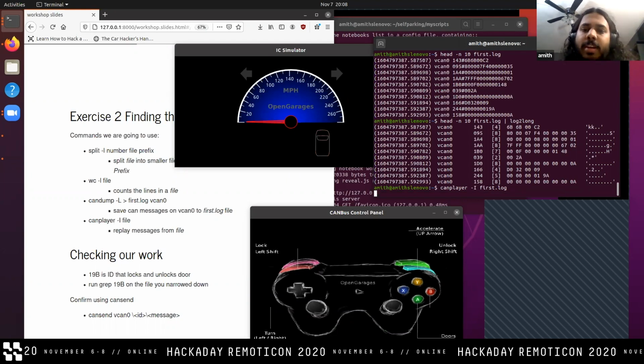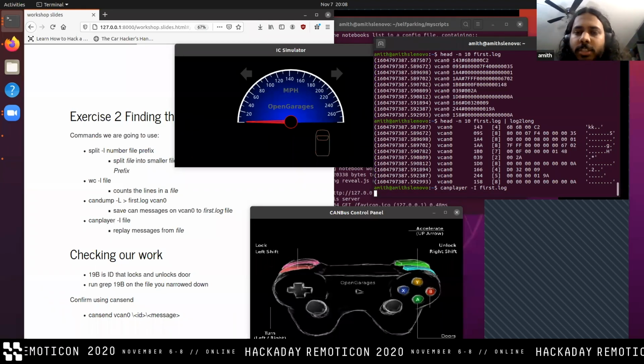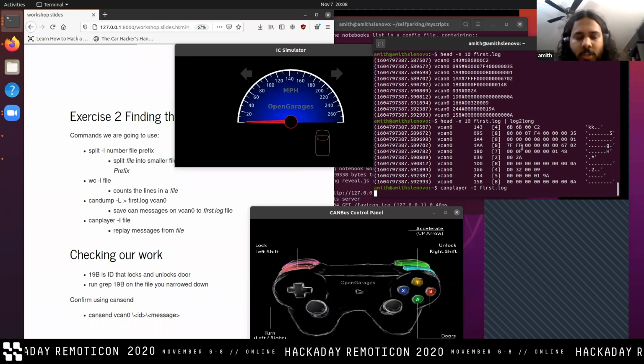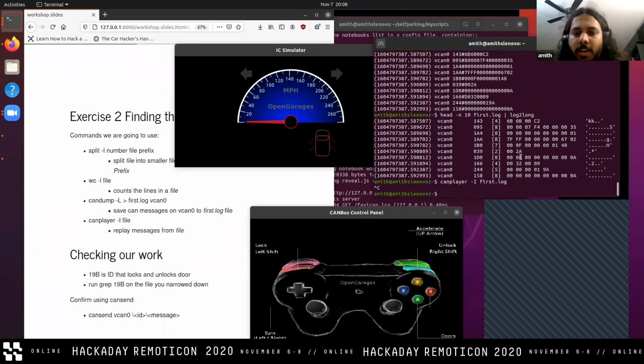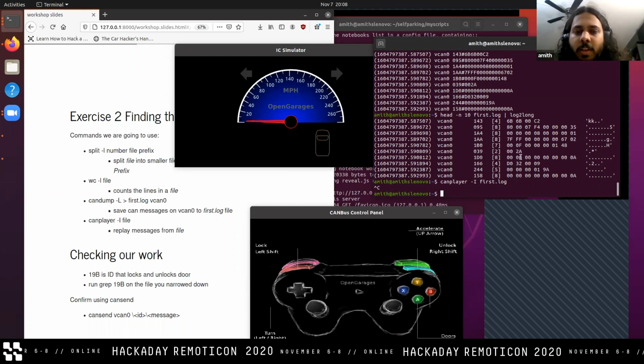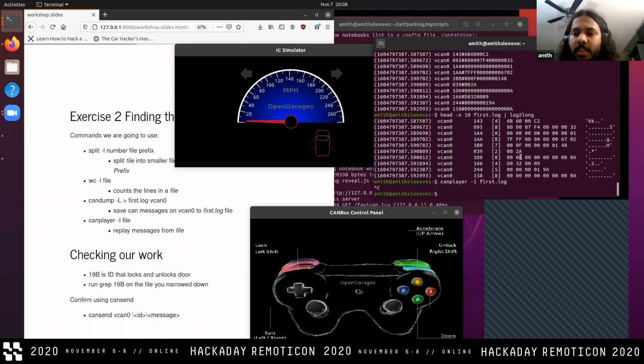So while this is, okay, there, it managed to unlock the doors just by replaying these messages. So I'm just going to exit out of that. So basically, what you would normally do is split,